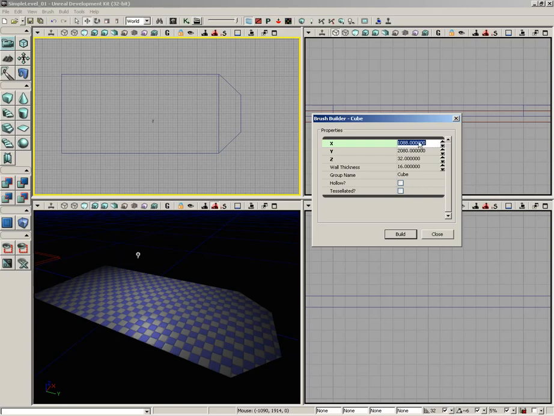I mean, maybe we don't remember exactly what the width of our floor was, or maybe we've closed UDK and opened it since then. And you don't want to sit here and have to actually count out each individual grid section. So what we can do is hold down the middle mouse button, which is your mouse wheel, and as you drag across an orthographic view, you'll get this really cool tape measure, which you can see up in the top viewport right now. So we can actually measure out that the width of our floor is 2,080 units, and